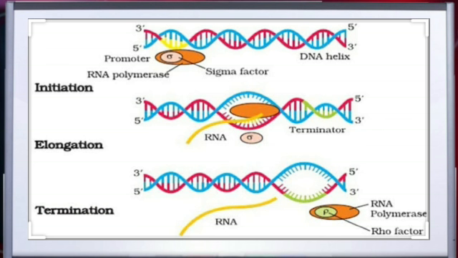RNA polymerase is only capable of catalyzing the process of elongation, which is the second step of this process. Since the mRNA does not require any processing to become active, and since transcription and translation take place in the same compartment, many times the translation can begin much before the mRNA is fully transcribed. As a result, transcription and translation can be coupled in bacteria. So this is all about the process of transcription in bacteria, that is in the prokaryotic cell.